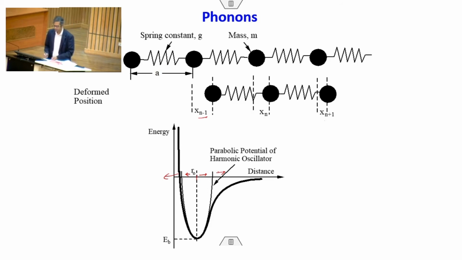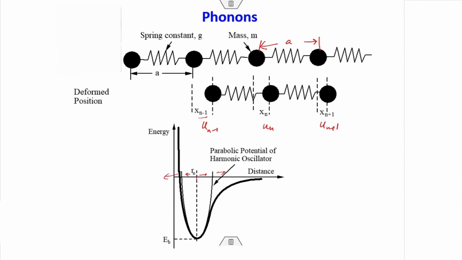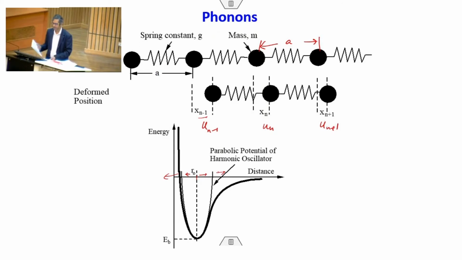Now, I am showing you the positions of the atoms, one at n minus 1 and one at n plus 1, with displacements u n minus 1 and u n plus 1, because of thermal energy. n is the label of the nth atom, and let us suppose the distance between the two atoms is a, and the mass is already given as m. So if you do a simple displacement balance calculation,